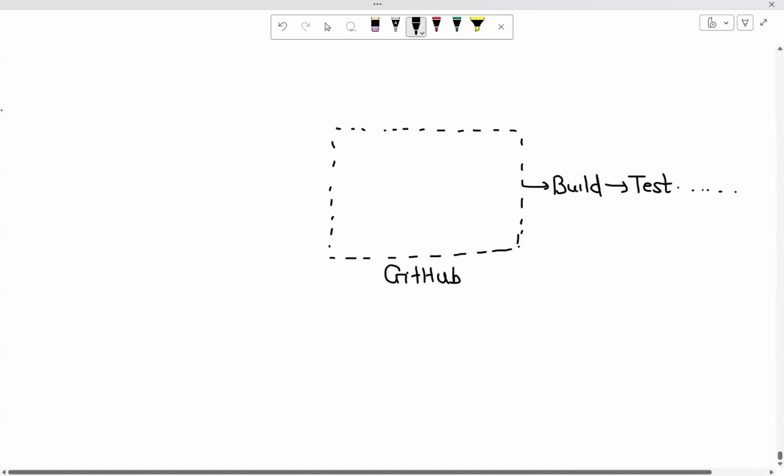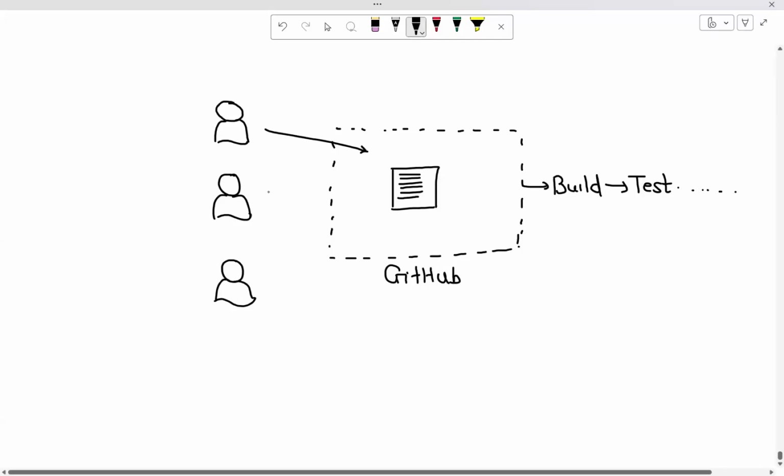That's why GitHub is the place where you're going to keep your code. Now, the code that I've kept here might have been written by one developer, but let's assume that you have multiple developers who are willing to modify this code.